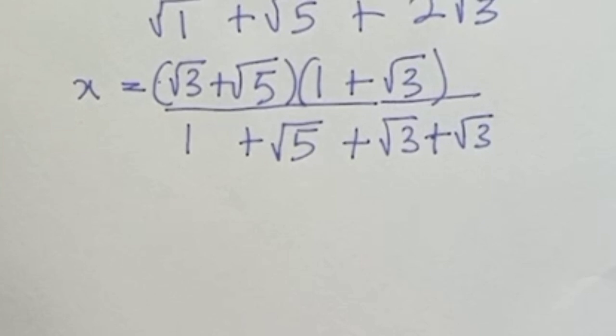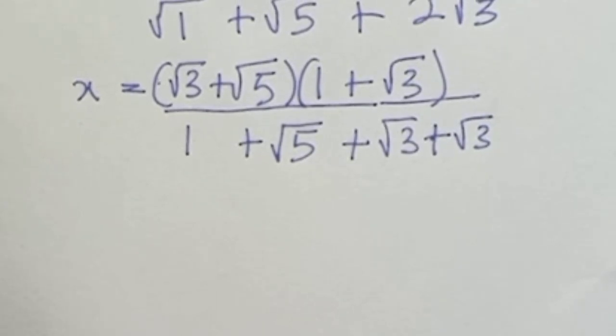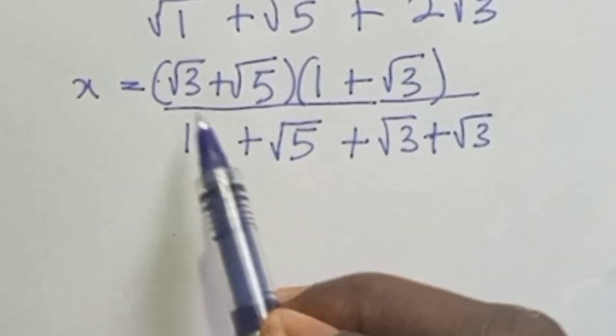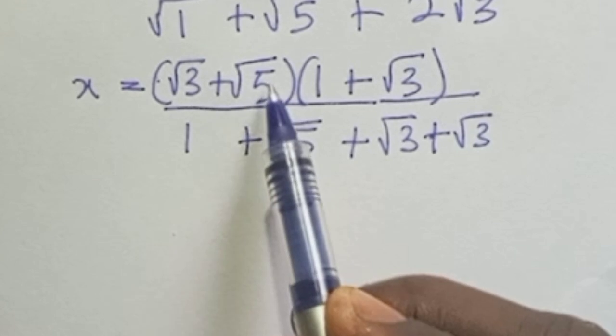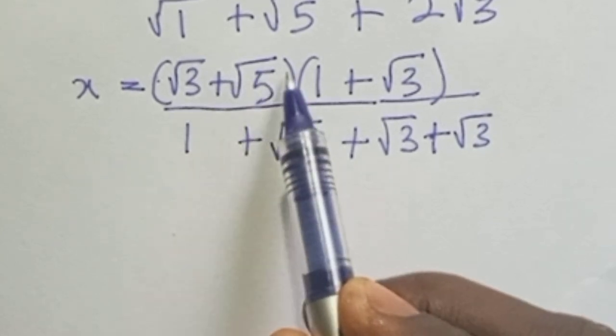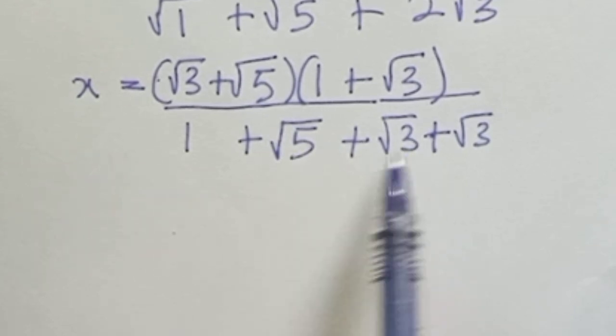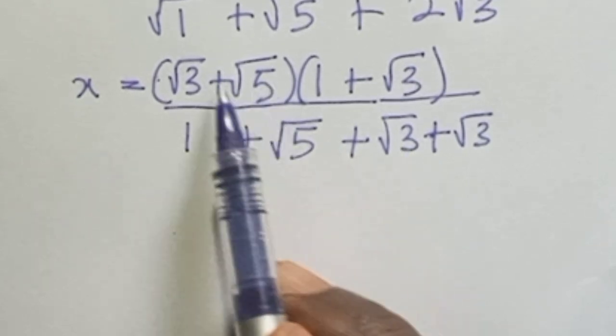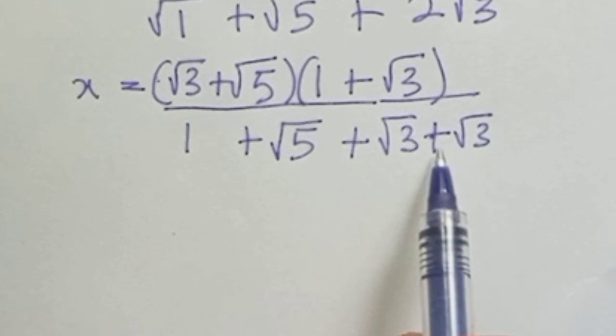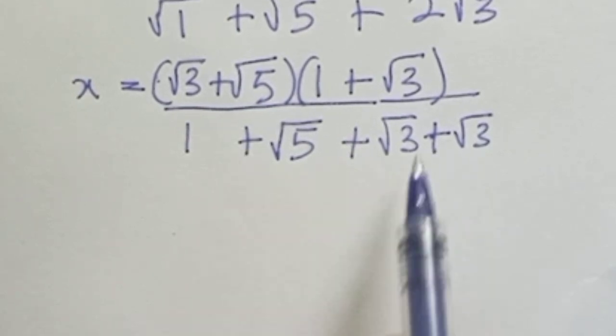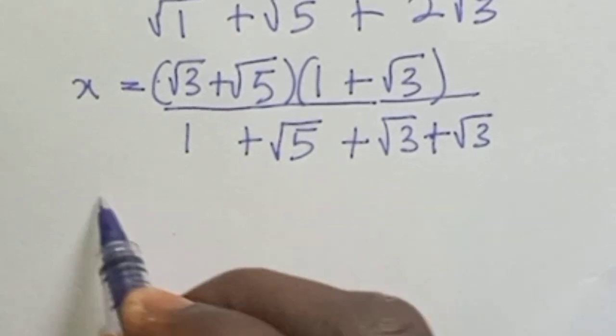All right. So if we agree on these, we want to say let's rearrange. How? Because square root of 3 plus square root of 5 is factored out in the numerator, and in the denominator we're having square root of 3 and square root of 5. We can group the square root of 3 plus the square root of 5 together as we have in the numerator, because the operator is addition. So if we agree on this, we can have s to be equal to